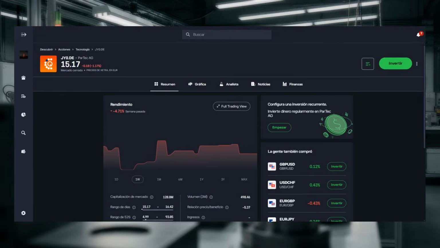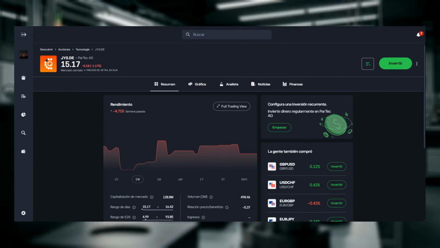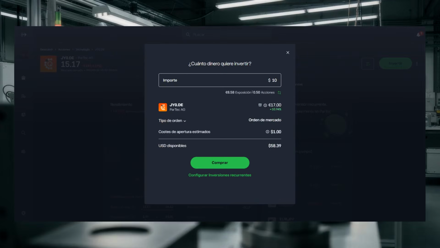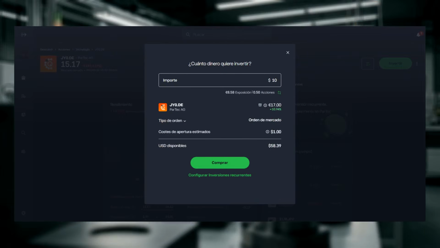On the stock page, review the company summary and the price chart to confirm it is the correct asset. Make sure the exchange shows Xetra and the ticker JY0.de. Click Invest or Buy, enter the amount you want to purchase, then review the order details and confirm the